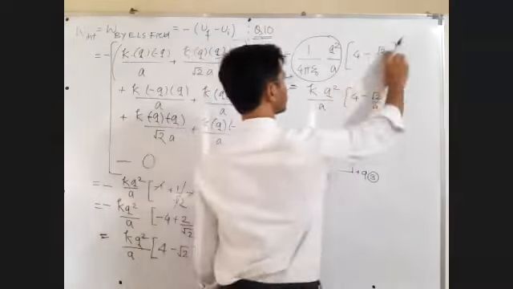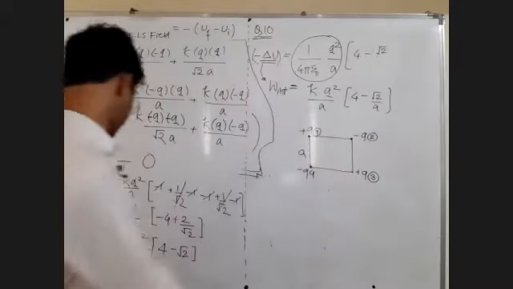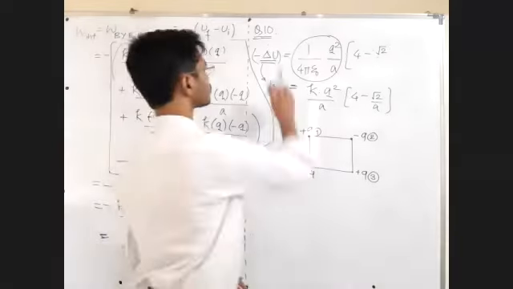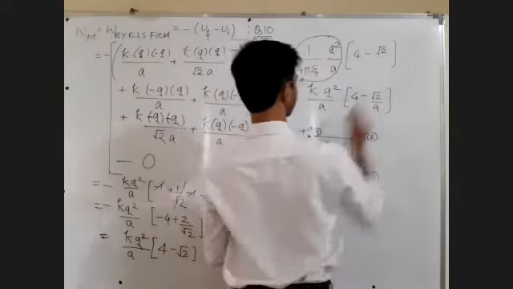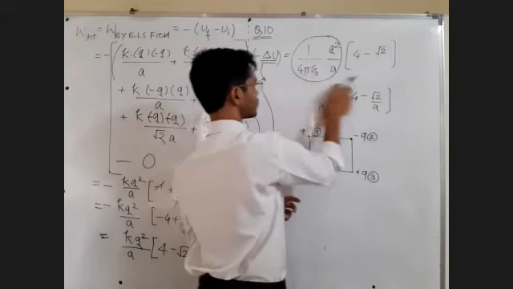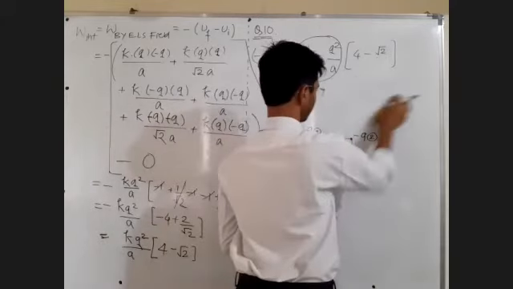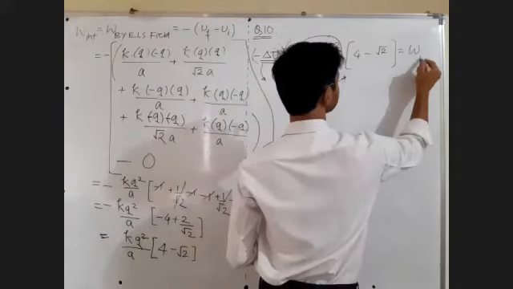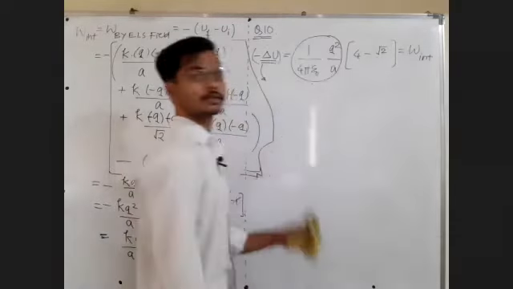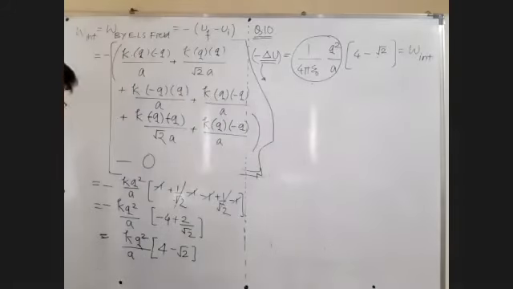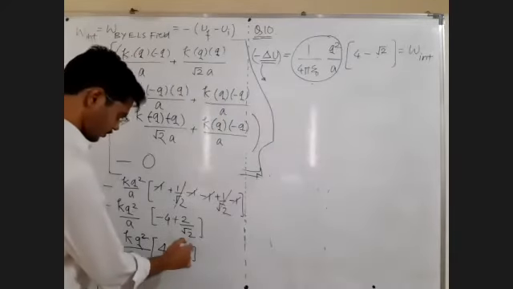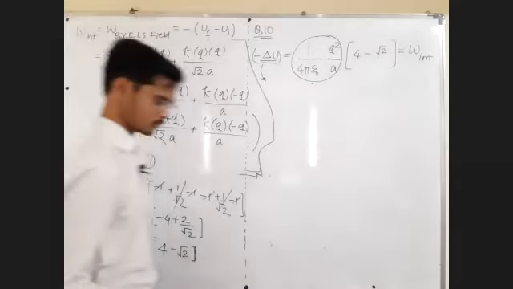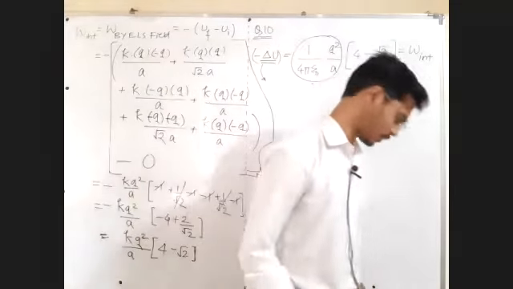So this is definitely not the answer. This will be the answer: K into Q square upon A into bracket 4 minus root 2. Reply me in the chat box, clear and written. This is going to be work done by the electrostatic field, means the internal work done by the internal force, W c. Got it? Where we made the mistake? Here. Prasad pointed out it correctly. Very good.